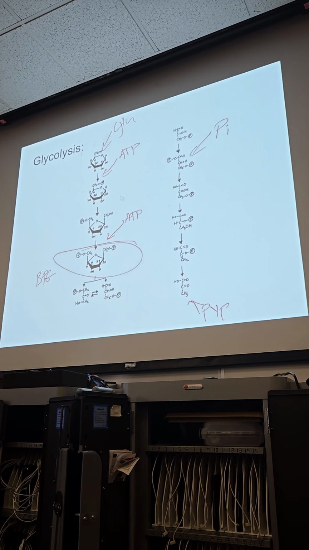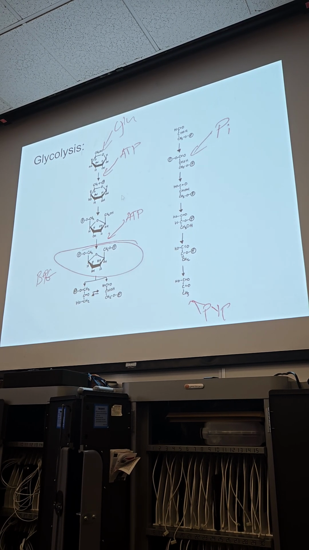It's pretty awful. So then I'm going to start stealing things. And I have some extra protons here that we're going to steal. So if I'm doing that, I'm going to gain an NADH. And I'm going to do that here as well. I'm going to gain an NADH. So I put in 2 ATP, I get out 2 ATP, and then I get out, what did I lose right there? Hydroxide. That's not what I lost. What did I lose right there? Phosphate. From there to there, I lost